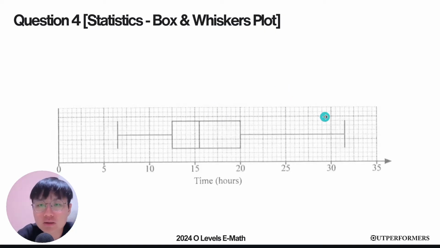When you look at a box and whisker plot, the length right here does not represent the actual number of people. This x-axis right here represents the time in hours. So how can we say that this is the number of people? This is double of this, right? Because they say Rishi says the people who spend more than 20 hours is twice of the less than 12.5 hours,